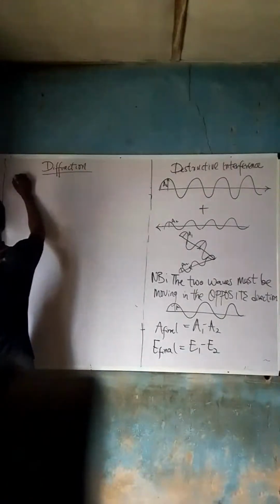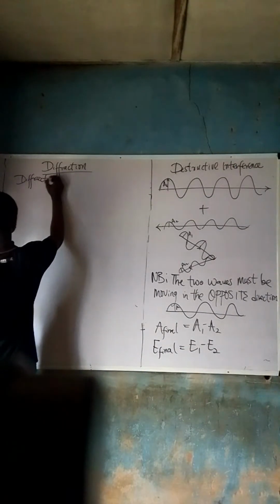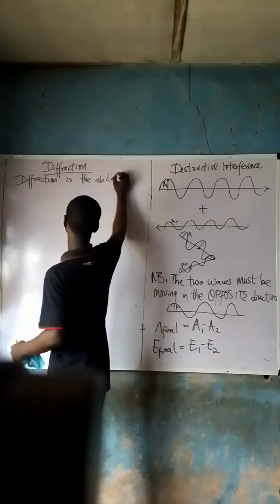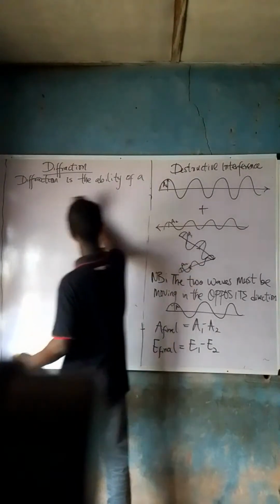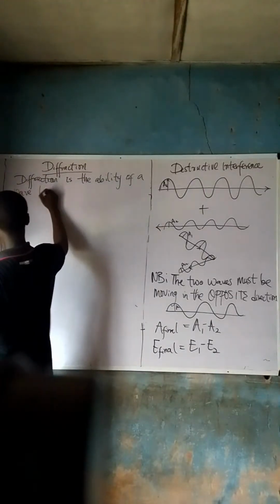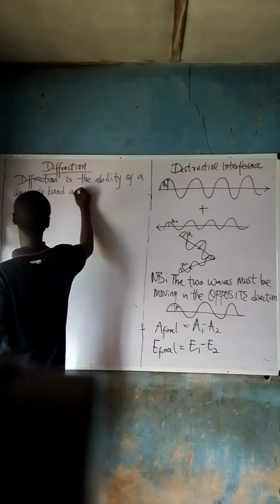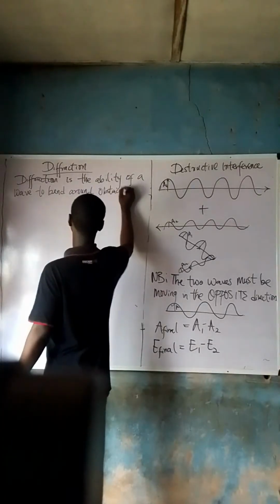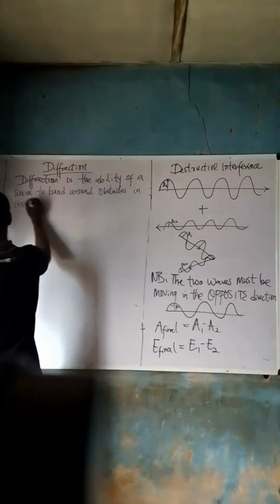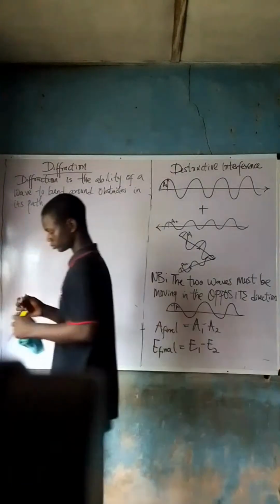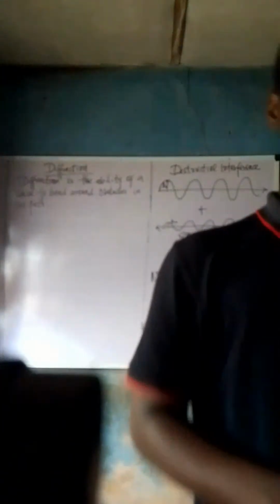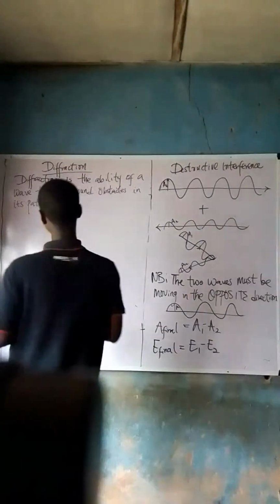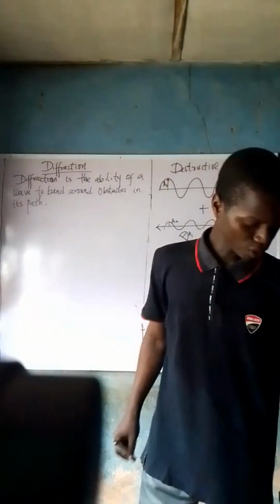All right, diffraction is the ability of a wave to bend around obstacles in its path. That is diffraction. I hope we are good. Okay? Now, I will just go straight and illustrate